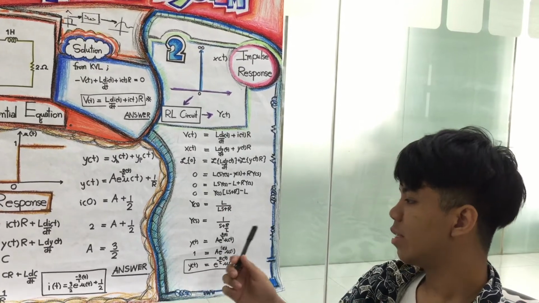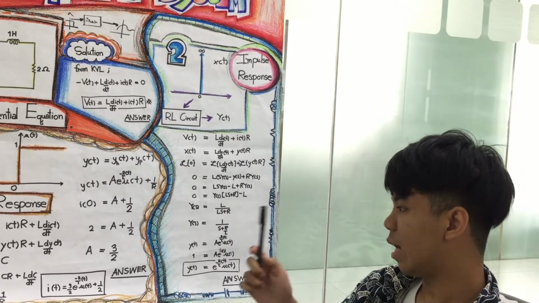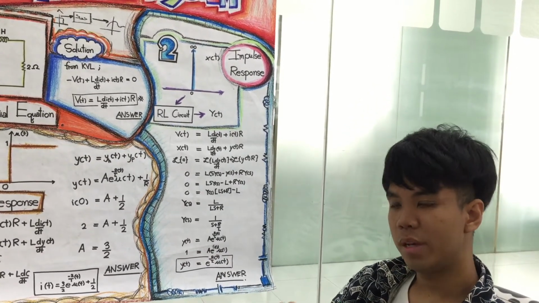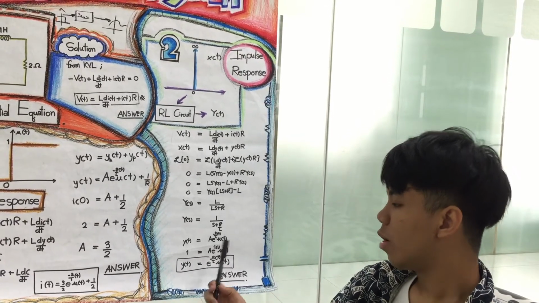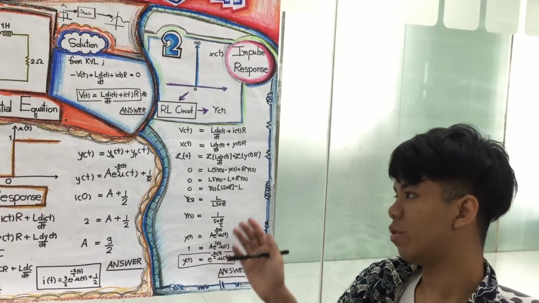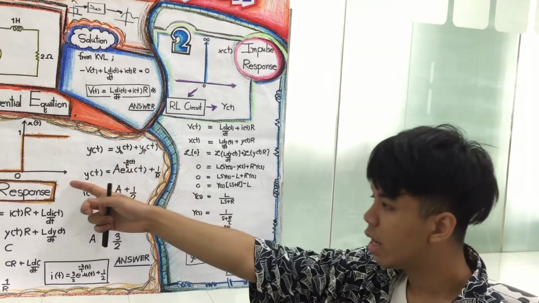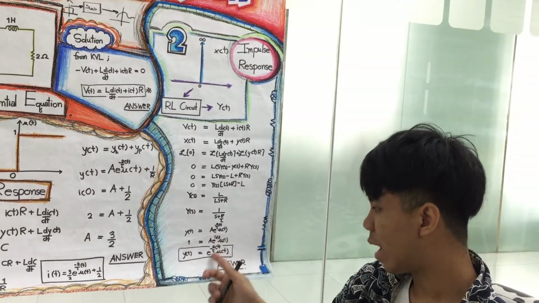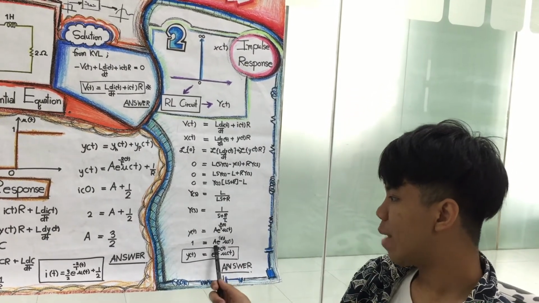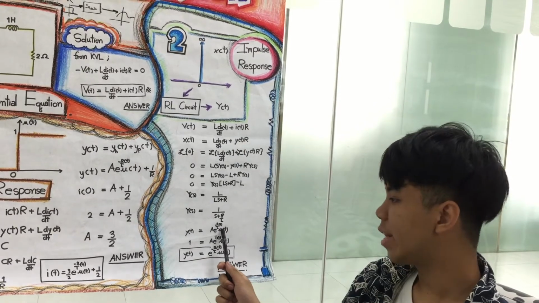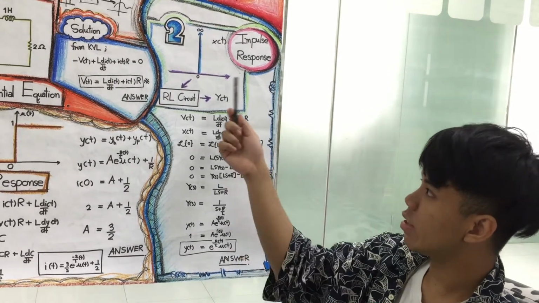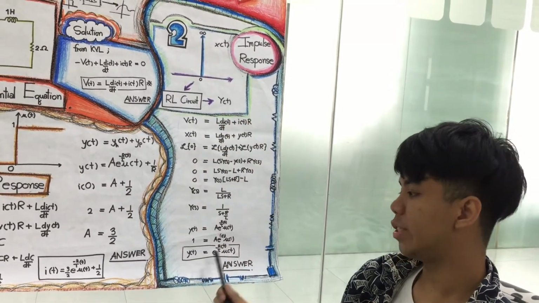Yt equals A multiplied by e to the power of minus R over L t, multiplied by ut. But when the time is 0, yt is equal to 1, which makes e to the power 0 become 1, and u0 is the unit step, which means that if the time is 0, this term becomes 1. So that means A equals 1. We substitute A back into this equation, and then we get this equation as our answer, which means that if this graph is our input, the output is this equation.